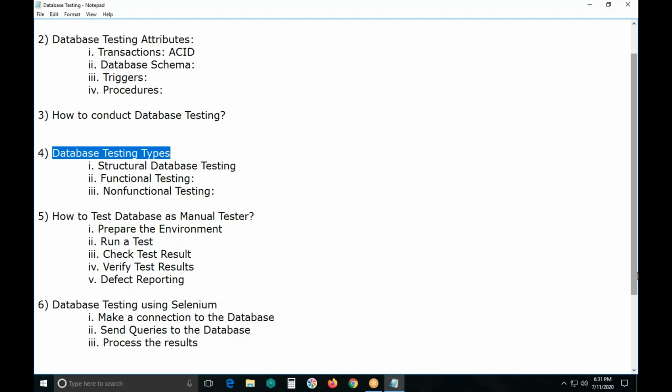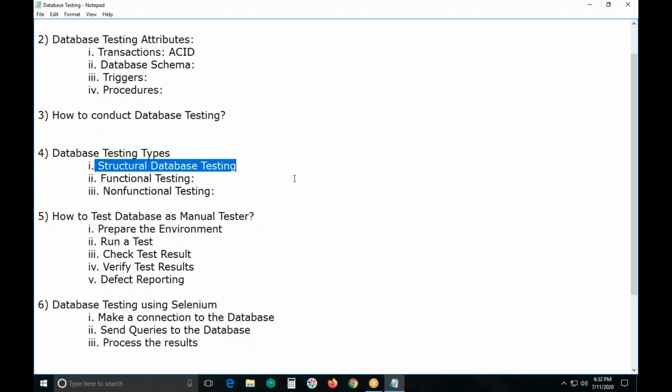Next, database testing types. Database testing can be categorized into three categories. One is structural database testing. Database administrators with good command over SQL, stored procedures and other concepts normally perform this testing.